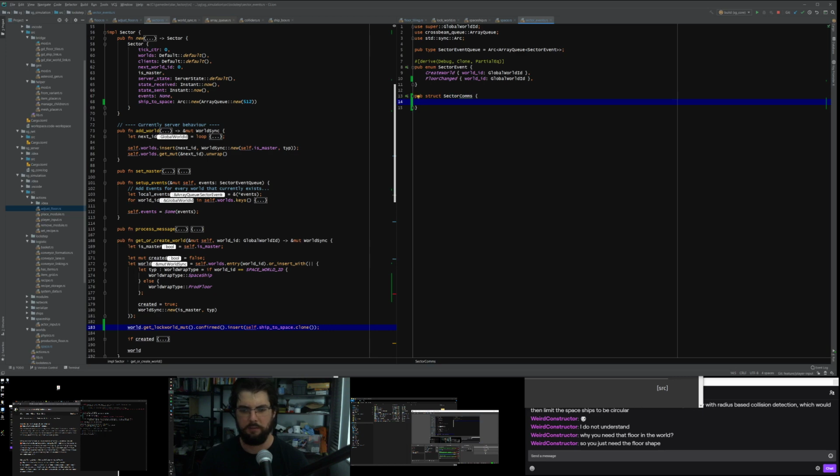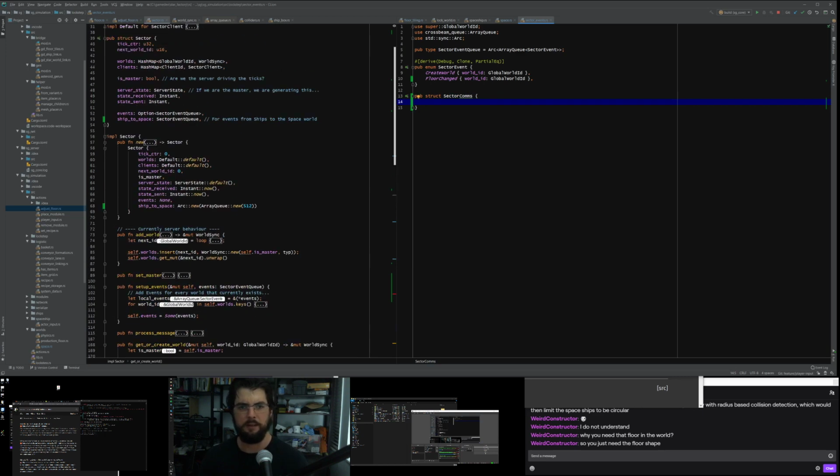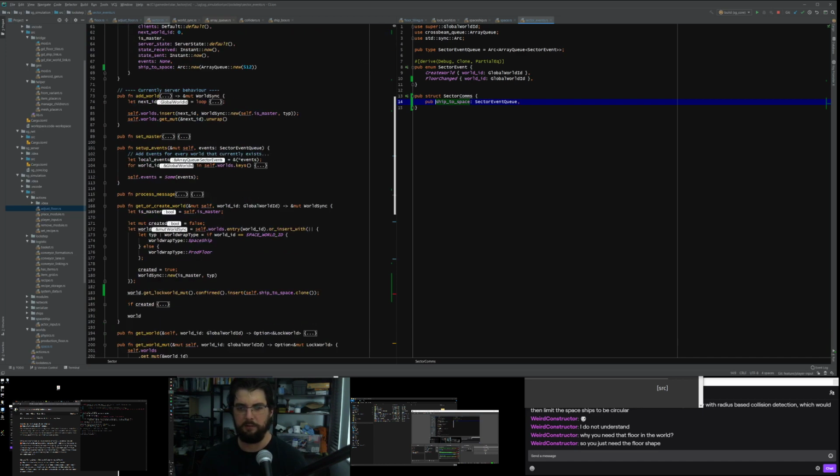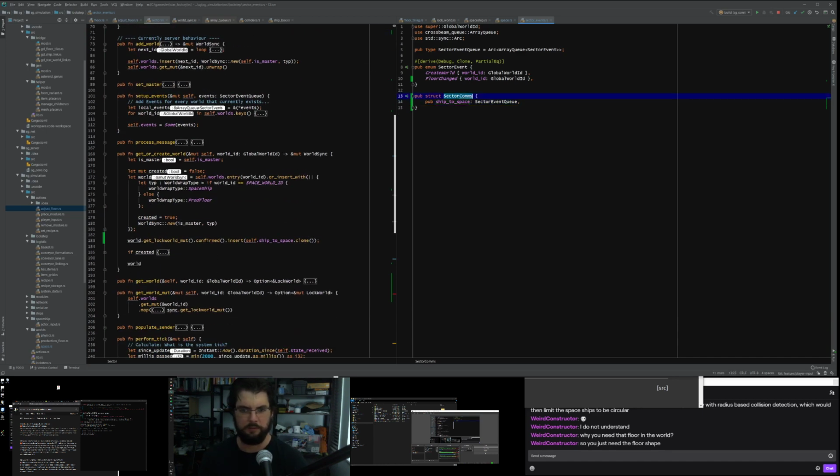And in the sector comms, we will add a public ship to space event queue here. Because that's a very lazy way of doing this. And then we will ship to space, create the structure around this event queue we're pushing into specs now.